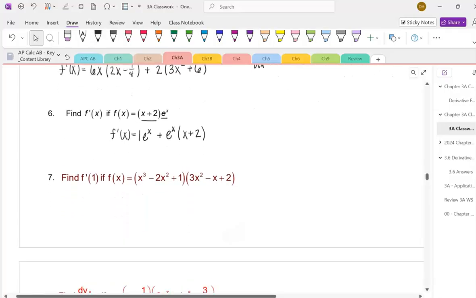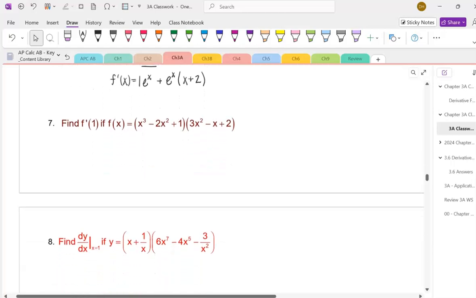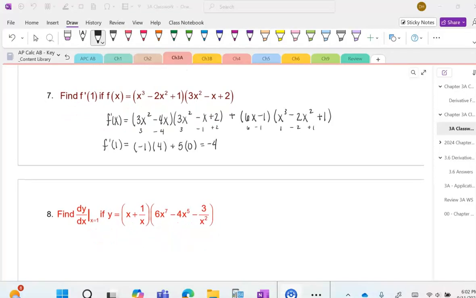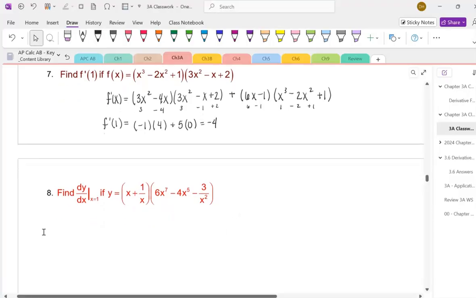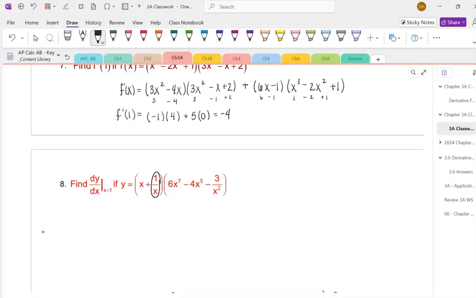In number 7 and number 8, these are just different notations, and it just tells you to evaluate the function at 1 after you're done. So both in 7 and 8, you are going to find the derivative and then input the value of 1. In both of these problems, you are using product rule. So number 7, I have done for you. Number 8 is a great one to do, though, because it uses one of the rules for